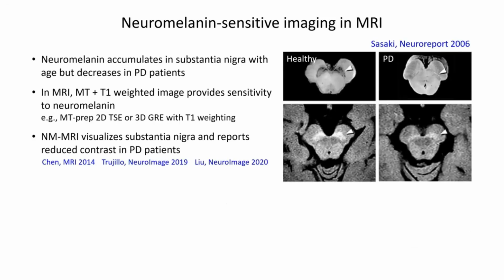So now let me move on to the next topic, which is sandwich neuromelanin imaging. As we already heard, this neuromelanin imaging seems to be a very powerful tool. And at least from my perspective, I believe this is the contrast combination of the MT weighting and T1 weighting. Based on my experience, if I don't have MT weighting, the contrast decreases. So I believe the MT still suppresses the surrounding white matter tissues so that we can have better contrast of